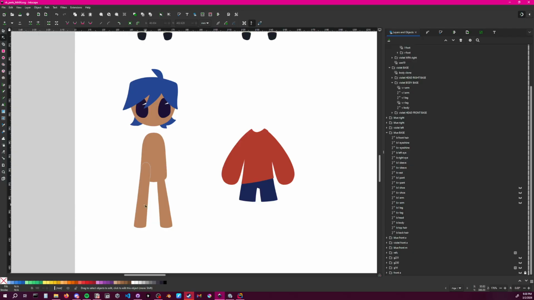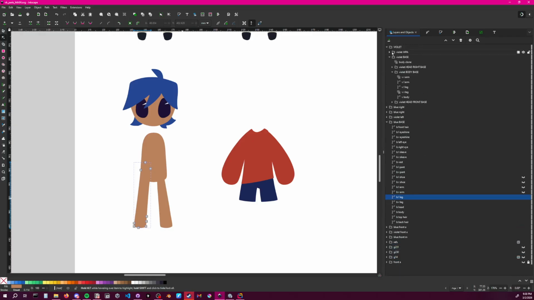Awesome. I'm going to say I'm happy with that. We can always go back and adjust it later. But this is blue base. So what is the naming convention that I used? We do want to try to keep the same naming convention. It matters more in Photoshop than it does in here. But yeah, VL arm, VL leg. So we have BL leg, so that's already perfectly fine, except